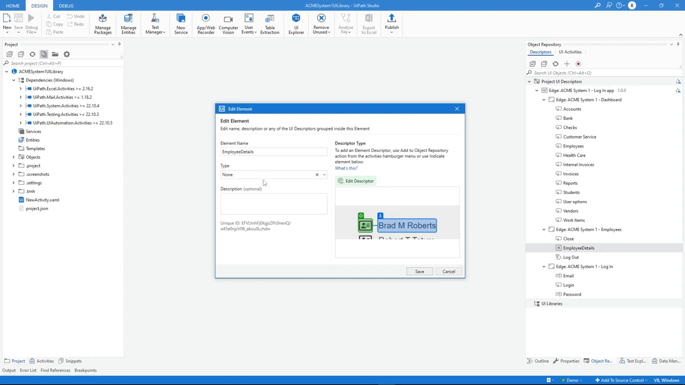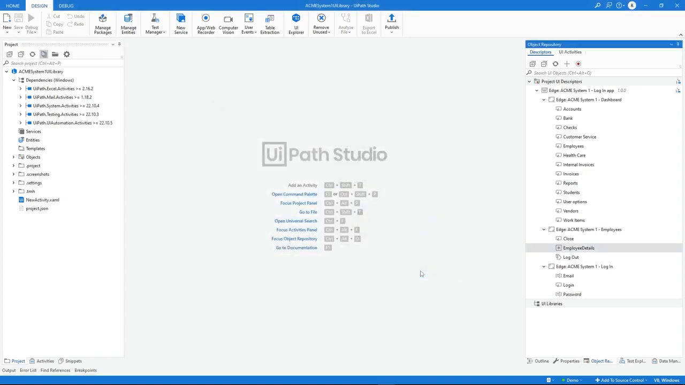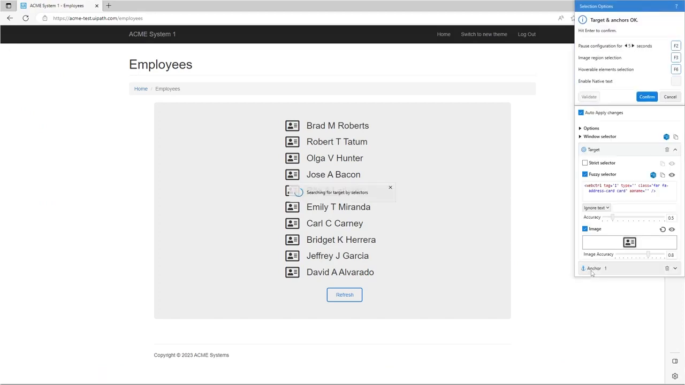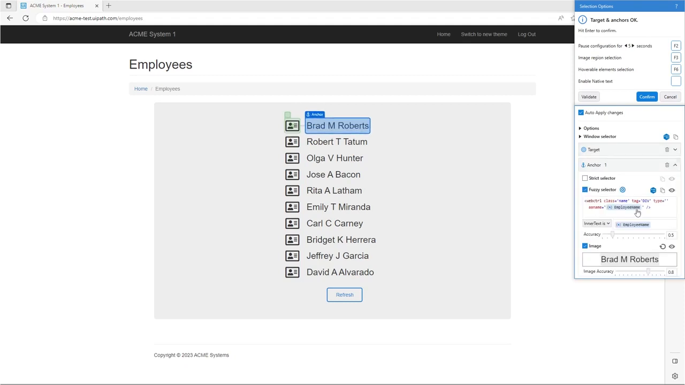We'll update the type from None to Icon and click Save. We can also update the descriptor from the Object Repository panel. We just need to right-click an element and select Edit Descriptor. This will take us back to the application and we can update or recapture the descriptor. Note that for this option to